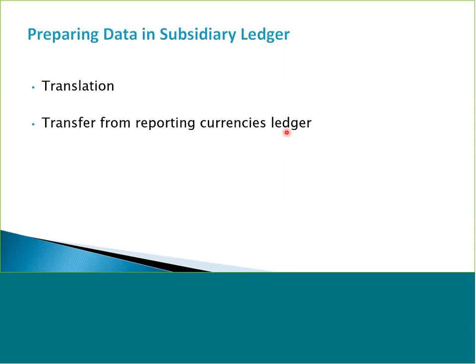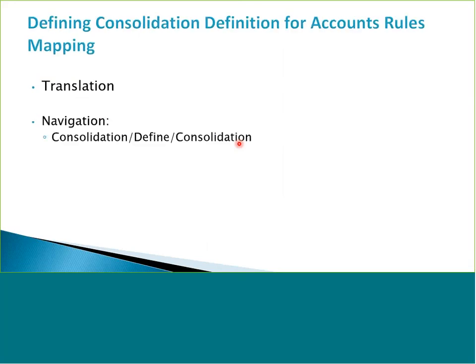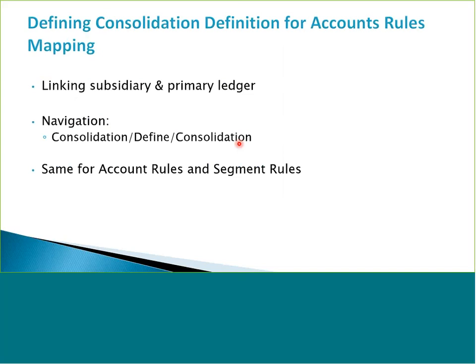I have already created a reporting currencies ledger for Gitao enterprises, and we are going to do the transfer from there. And then we are going to do the remaining part, which is to define the consolidation for account rules mapping,